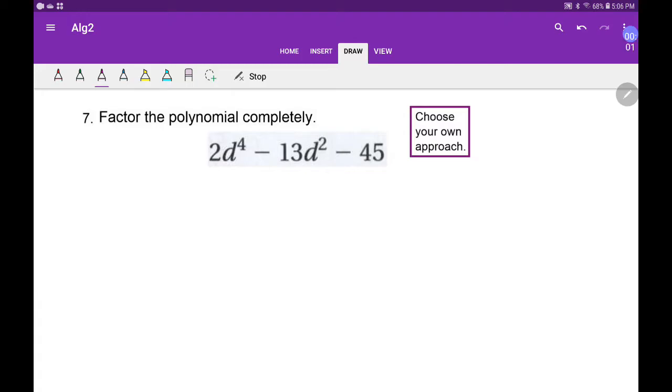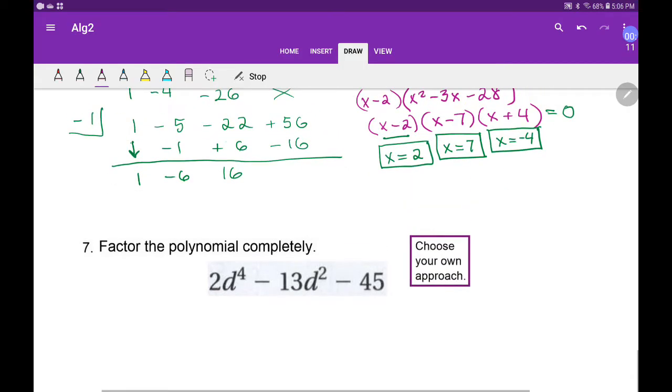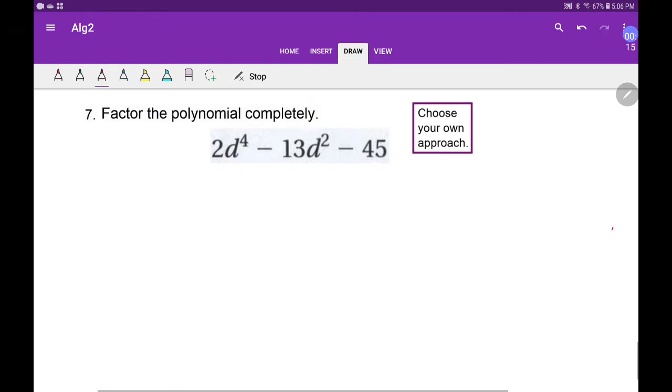We're going to factor this completely. Not grouping. We're supposed to recognize that it's something we could substitute in. So let's try this. We'll say, how about this? x is equal to d squared. And then we'll replace, we'll say 2